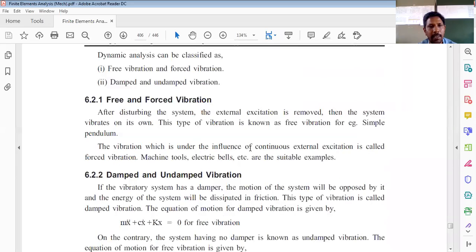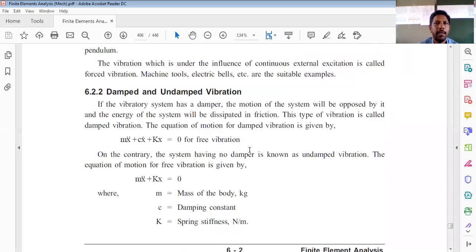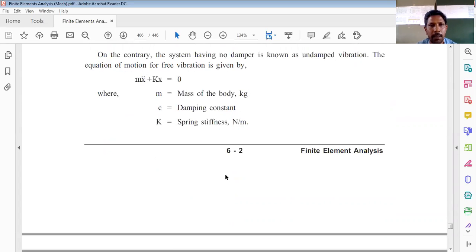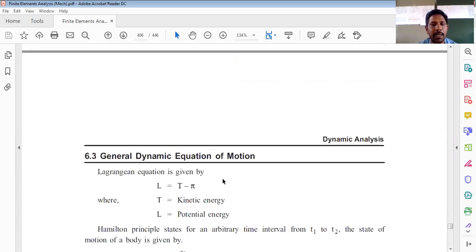In addition to this, we know the equation of motion for damped and undamped systems. So m x double dot plus c x dot plus k x equals 0 for the free condition. It is the equation of motion for a damped vibrating system. And for an undamped vibrating system, the equation of motion is m x double dot plus k x equals 0. So these are the basic things which were covered in case